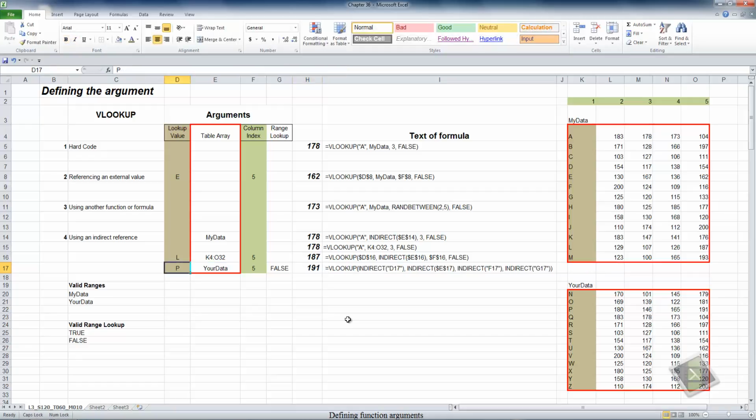And we can change any one of these values and get a new result in cell H17. I can change that to a Q. I can change to my data, and we'll get an NA because Q doesn't exist in the data region my data. So I can go back and change this to a C and then get a valid result. Change this to column 3 and also change the last argument to true and still get a valid result from